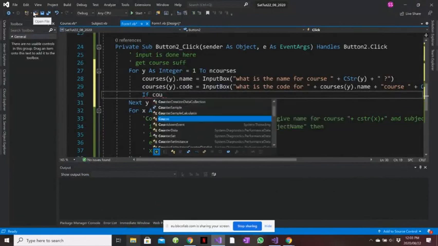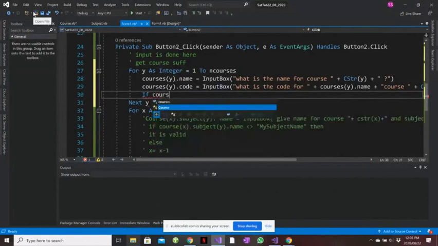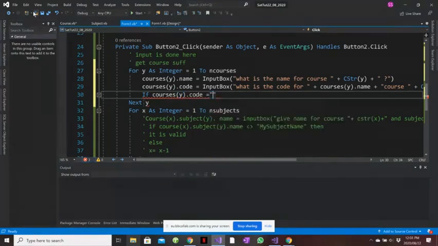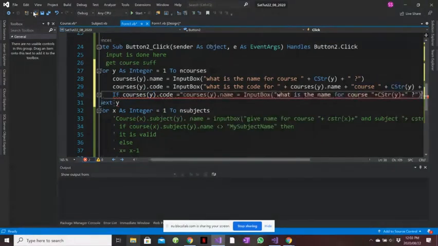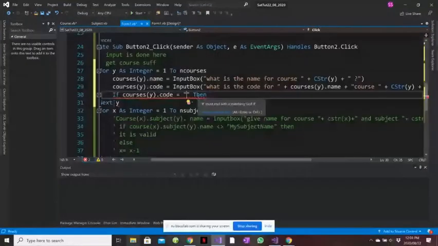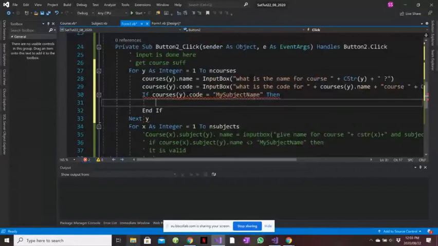So if course y code equals to, I think it was, let's check it out. Let's go check it out. In course, the string checker uses my subject name. I'm just gonna copy that. No, that's the default string. So then